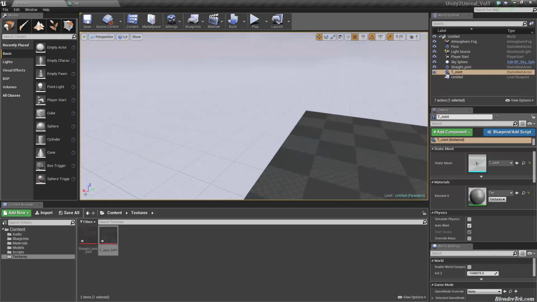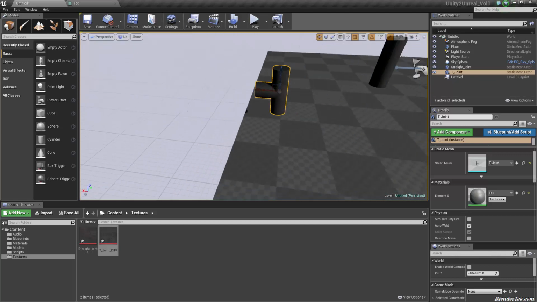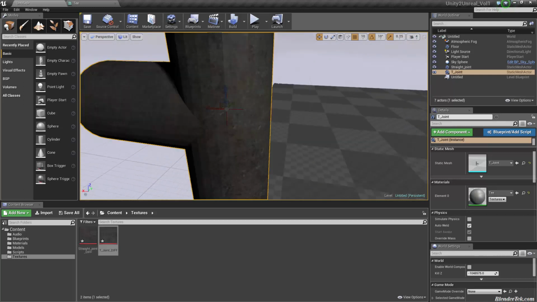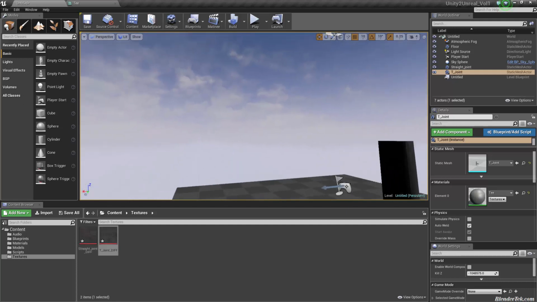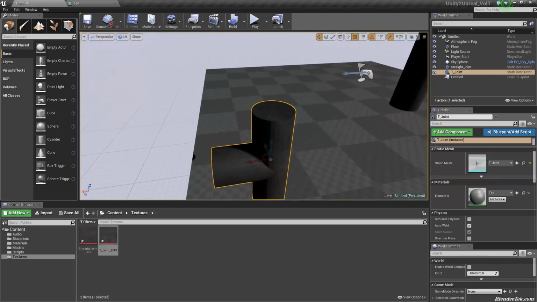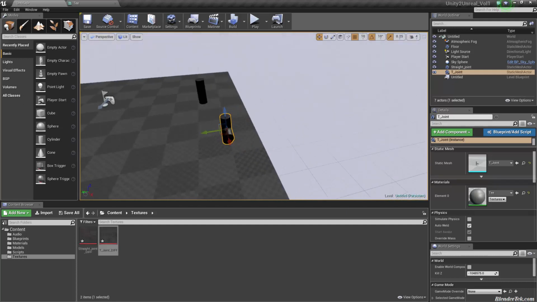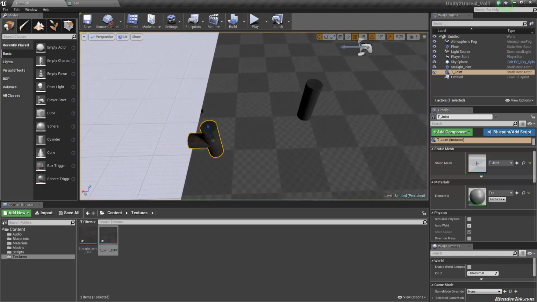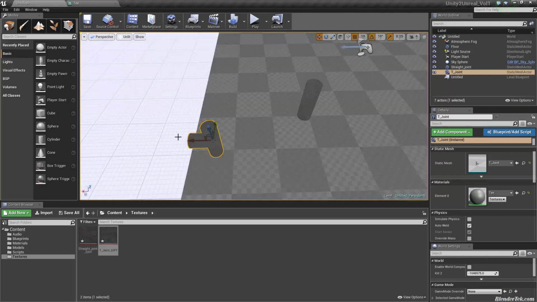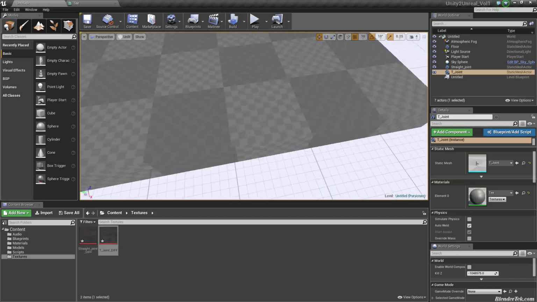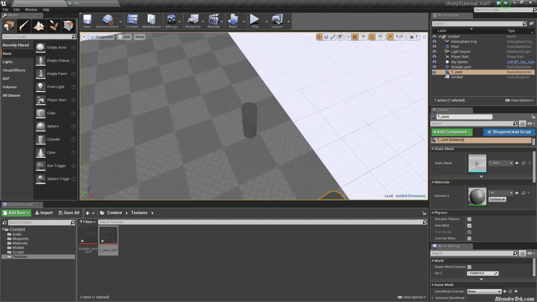So that makes me very happy because I was really worried that Blender's FBX exporter wasn't going to work with Unreal, but it seems to be working just fine. It's a little bit harder to tell because of the global illumination, but I was showing that we can just click this button and go unlit, and it shows us a completely unlit world.